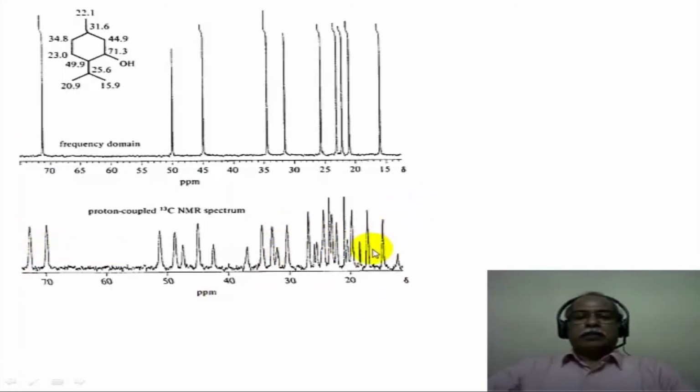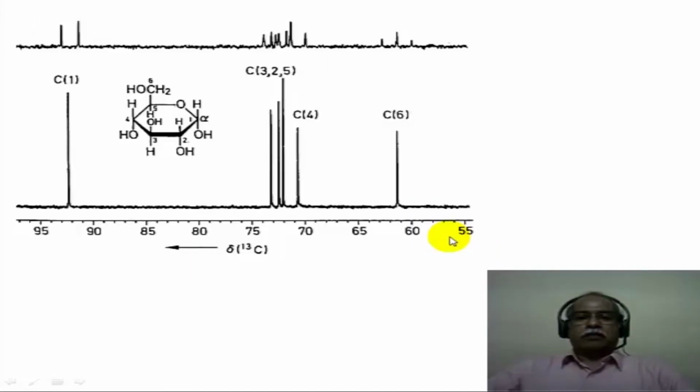One can analyze the spectrum. Although it is a fairly complex spectrum, it is possible to analyze the spectrum and obtain the carbon-hydrogen individual coupling constants from the spectrum. Here is another example of a gated decoupled spectrum. This is a spectrum of glucose, for example, and this is a completely proton decoupled spectrum in the bottom trace. In the top trace you can see it's a carbon hydrogen coupled spectrum.